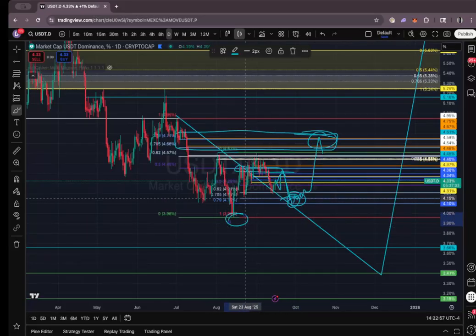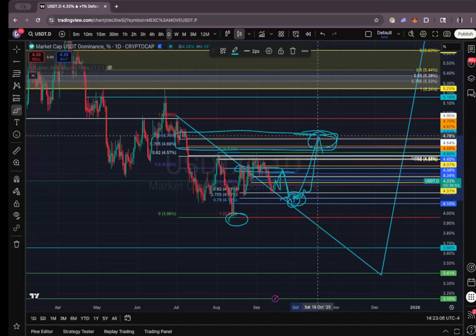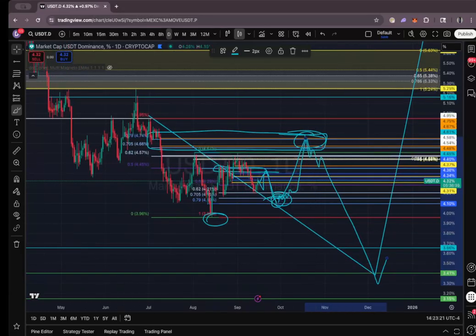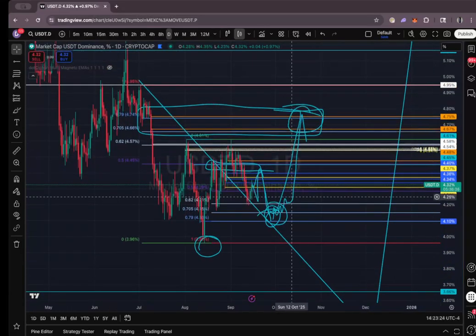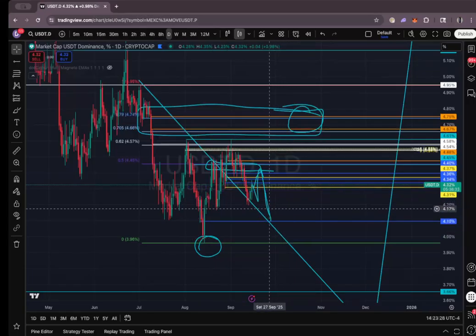They won't realize that all we're doing is retesting this range order block, and there's liquidity to the high, and they're going to run it right back up, liquidate all those longs. Everyone who's been long, probably in October, mid to late October, that'll be when we start to see the real move all the way back down to 3.4. So range on USDT.D still very, very iffy. Basically a landmine field. So just be careful with that.